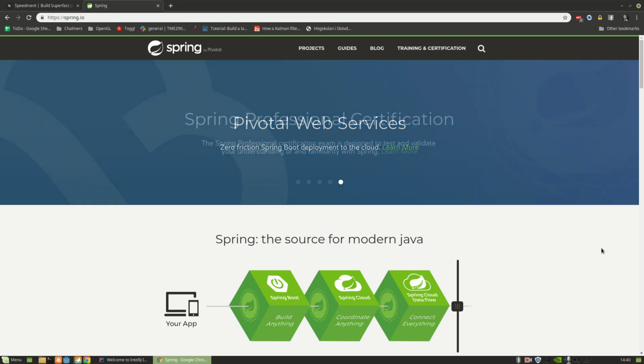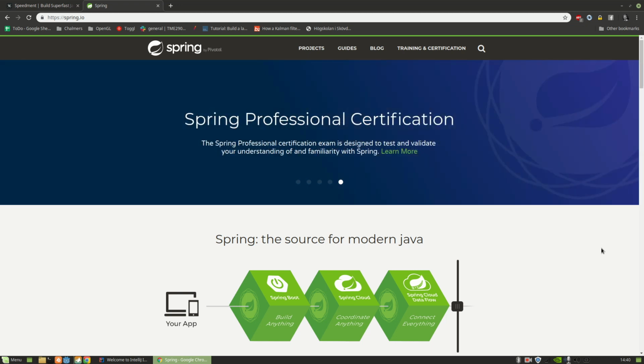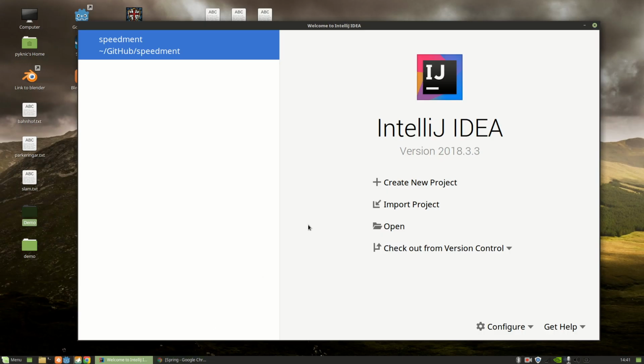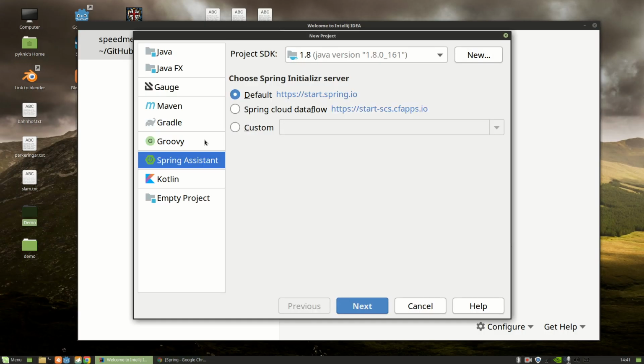Spring Boot is a very popular framework for building web applications in Java. And Speedment is a good framework for writing database applications in Java. So in this video, I'm going to show you how you can use Speedment to connect the Spring Boot application to a database. So first, I will go into my IDE, and I'm going to create a basic Spring project